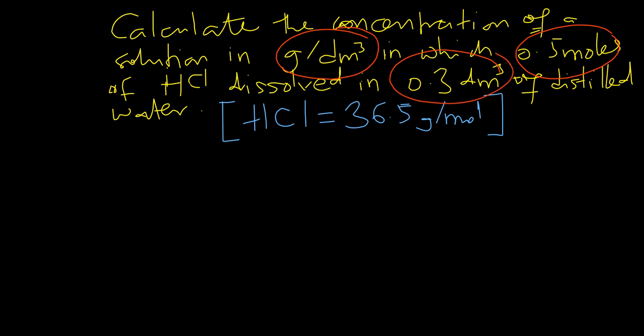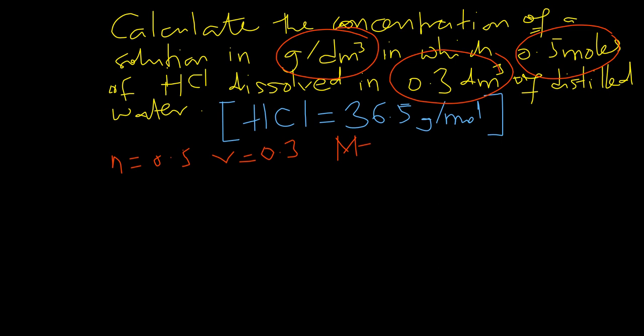So we need to convert the mole given to us to mass. Let me first write: mole equals 0.5, volume equals 0.3, and the molar mass of the molecule given to us is